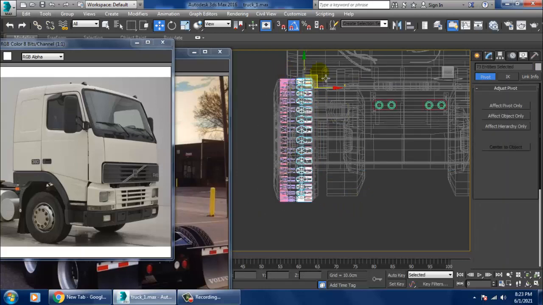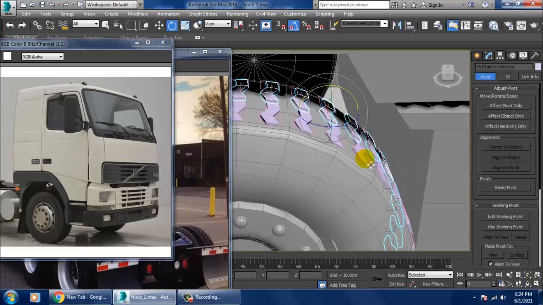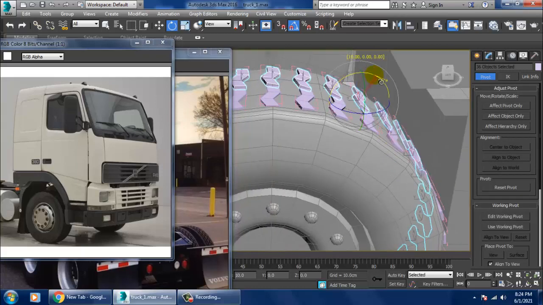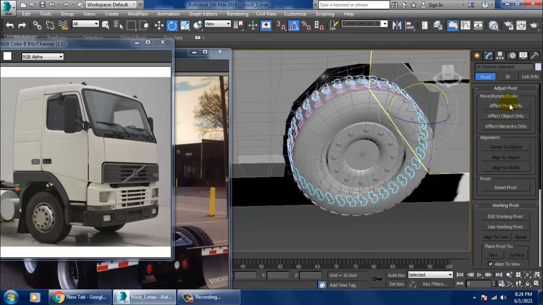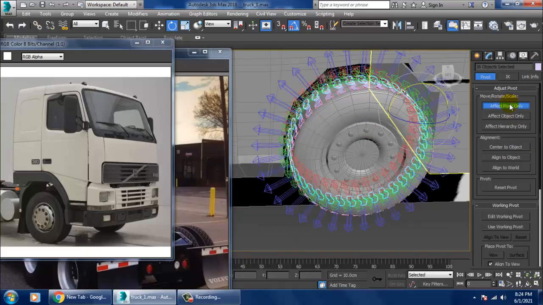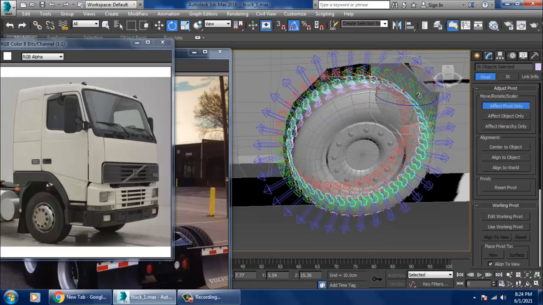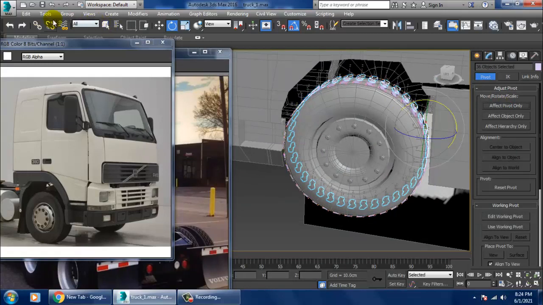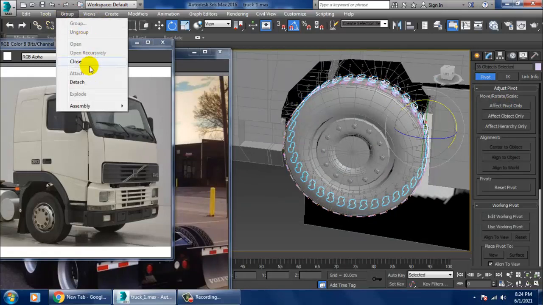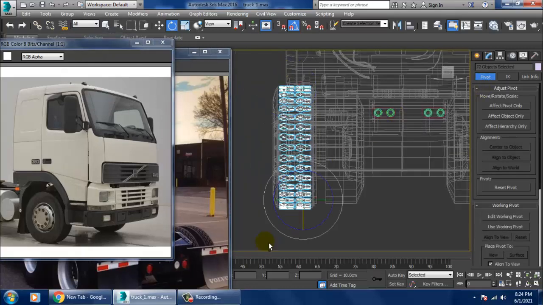I'll just deselect this. I'll slightly rotate it. Or you have to ungroup all of that, then it can be done easily.